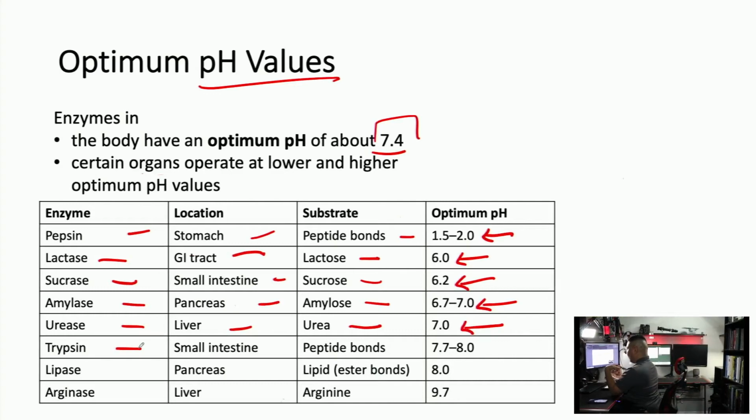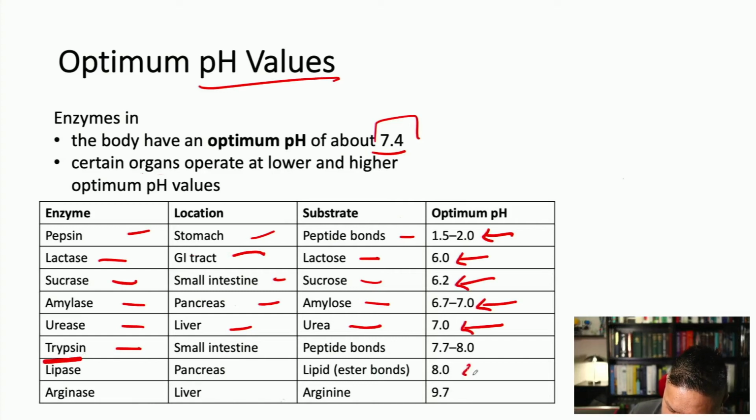Like myoglobin and such, and actin and stuff like that, and myosin. You eat it and you chew it up, which is the mechanical breaking up of those proteins, but it gets further broken down into its constituent amino acids when it gets into your small intestines, which are slightly more basic than your stomach, right? That's where trypsin goes and breaks those down into their constituent amino acids.